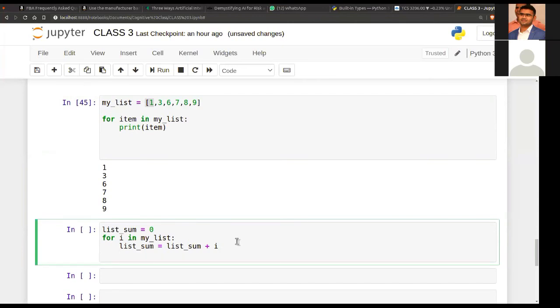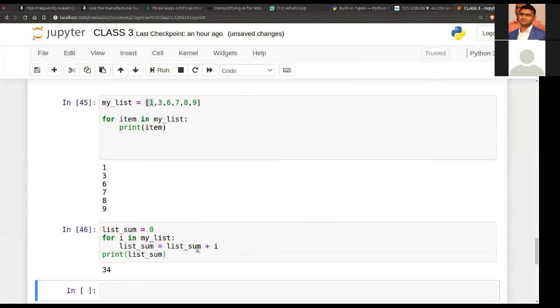So yeah, what if we print the sum? Do we get 34? It's the sum of all. As you can see from this indentation, the print is outside of the for loop.